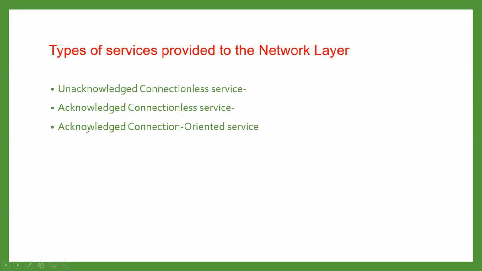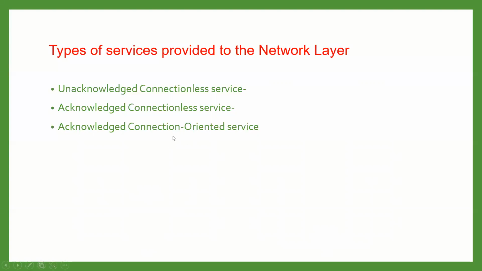Now, the third is acknowledged connection oriented service. This is a very sophisticated service where the source and the destination machine establish a connection before actually transmitting the data. A specific number is given to each frame which is being sent, and the data link layer guarantees that each transmitted frame is received. The sequence number is given on every frame. So all the frames are guaranteed to be received in the same order of transmission.